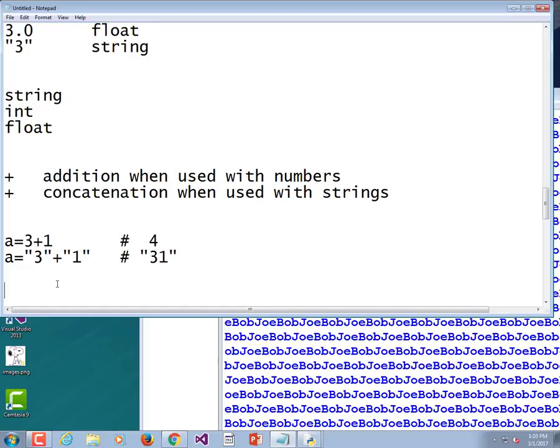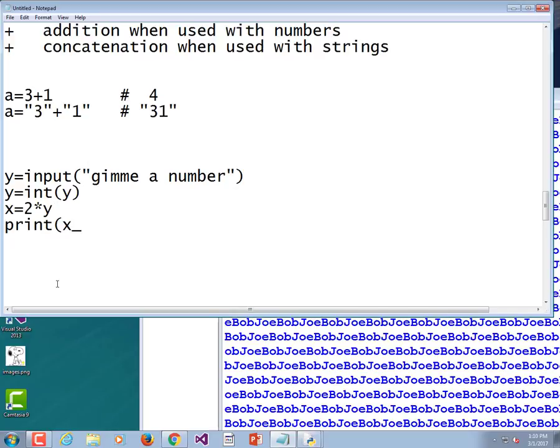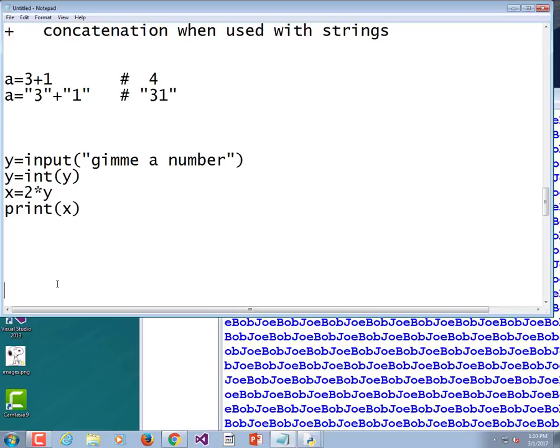All right, if you have some code that looks like this, x is equal to 2 times y. Let's do an input in here. Y is equal to input, give me a number. Y is equal to int y. Y is equal to 2 times y. Print. Excuse me, x is equal to that. Alrighty, out of all of that stuff,